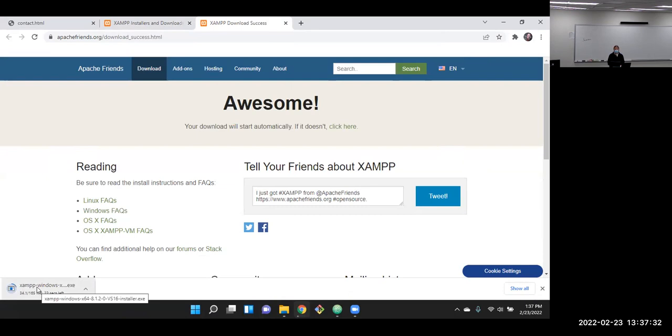Hopefully it won't take too long. It's kind of a big file. There's a lot to it. It's an entire virtual server and the environment for the virtual server to run in and all sorts of stuff. So there's just sort of a click and go thing. Now if I run that,